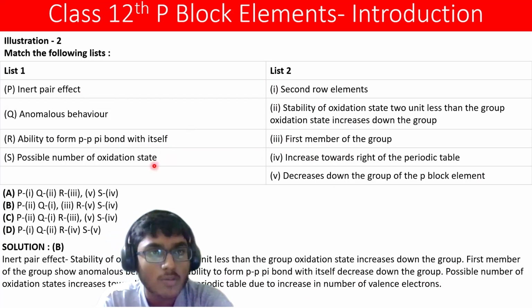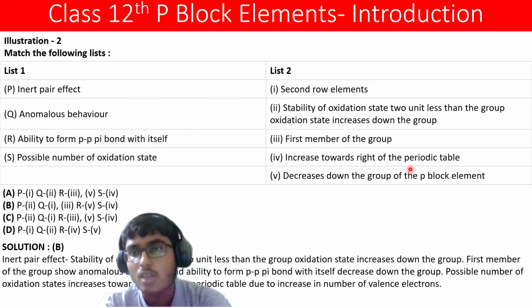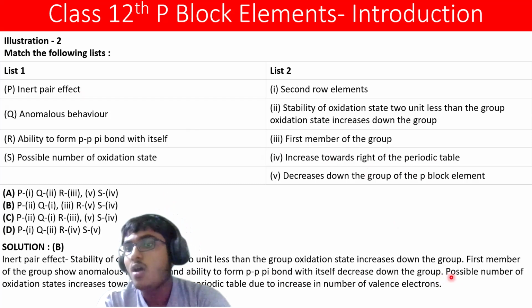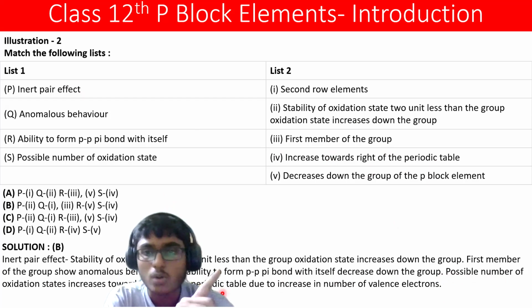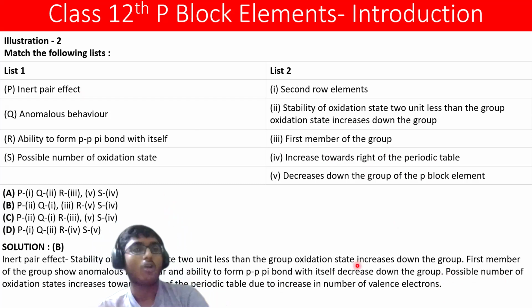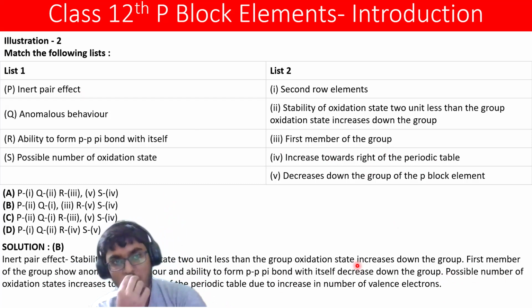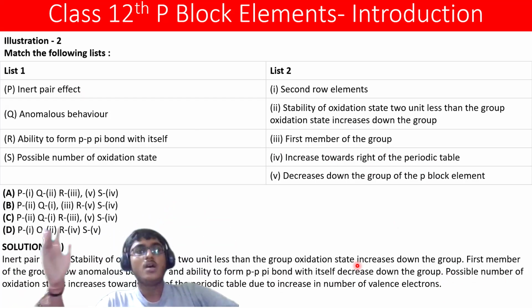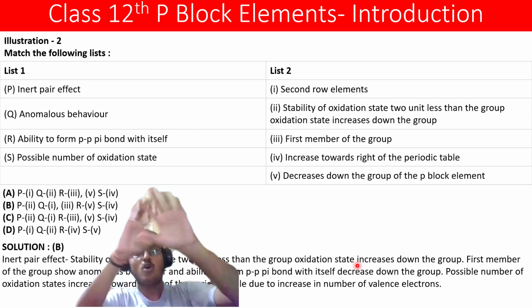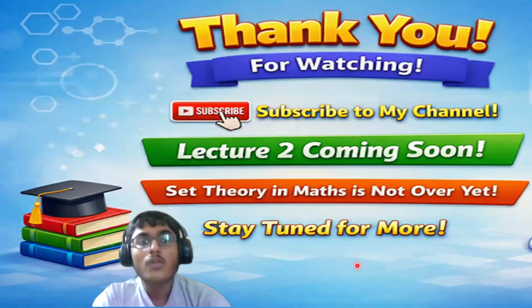बिहेवियर के बारे में और एबिलिटी के बारे में बता ही दिया। अब बात करते हैं ऑप्शन में, पॉसिबल नंबर ऑफ ऑक्सीडेशन स्टेट। इस केस में यहाँ पे लिखा हुआ है: possible number of oxidation states increase towards right of the periodic table due to increase in number of valence electrons। तो हमेशा वो राइट साइड की ओर इंक्रीज होगा, क्योंकि वैलेंस इलेक्ट्रॉन्स बढ़ते जाते हैं, तो ऑर्बिटल एक्सपैंड होते जाएंगे और कोवेलेंसी के लिए ज्यादा चीजें होती जाएंगी।